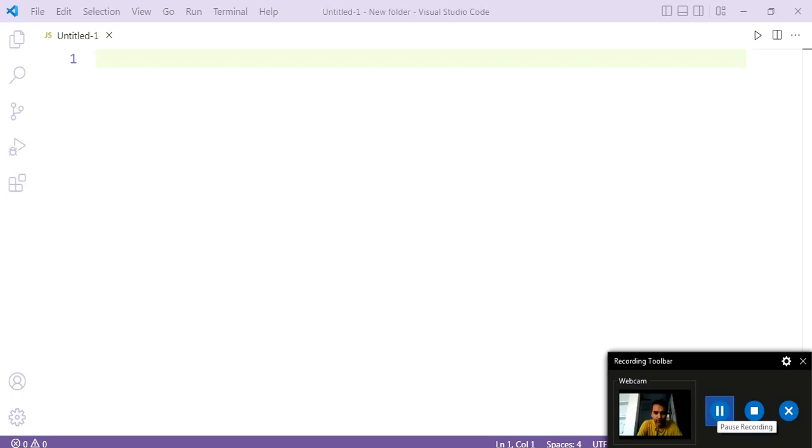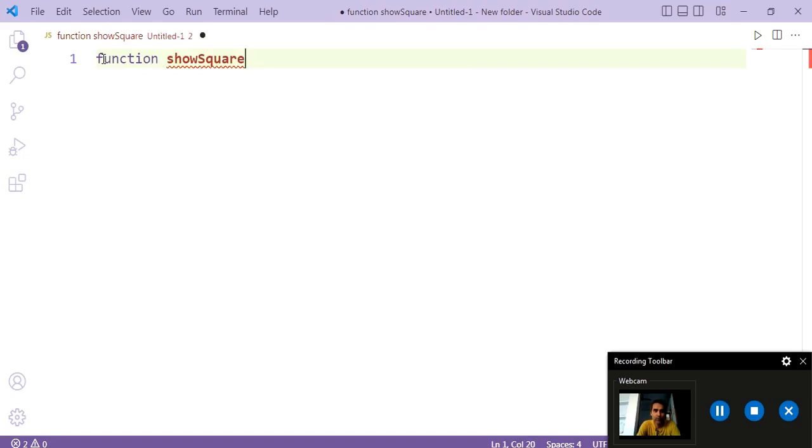Alright guys, so here is the next program for callback, and let us make it a little bit tough. So what we are going to do is we will pass a number in our function and get the square of it. So here is the function show square, and in this function we are passing two parameters, num and my callback. So num will hold the number which we will pass for squaring it, and my callback will hold the reference of the callback function.